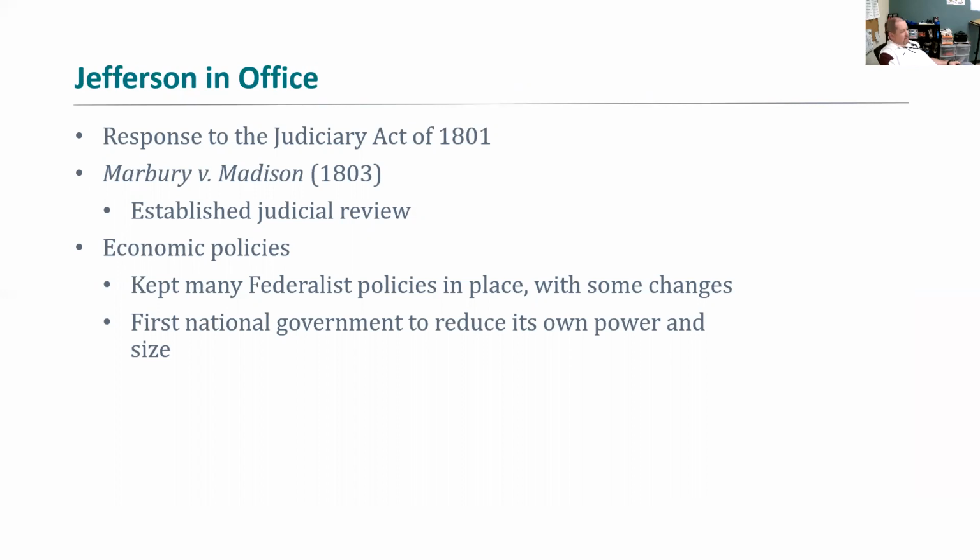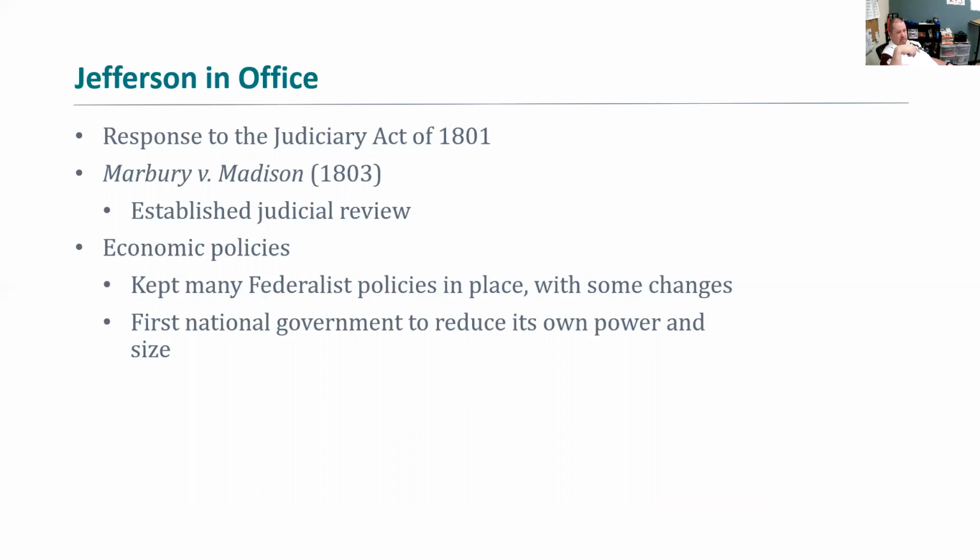So Adams, upon leaving office, appoints what are called the midnight judges. And I don't remember the number offhand, but basically there was a Judiciary Act that was created. The Federalists had passed it. Adams goes to fill all of these jobs because he wanted to fill them with Federalists, with people that had a like mindset. And as he's signing all of these, literally, I mean, we call them the midnight judges. He's signing these orders the night he is leaving the White House, right?